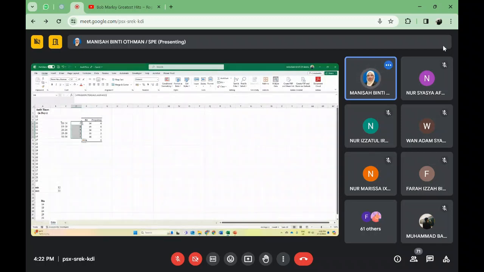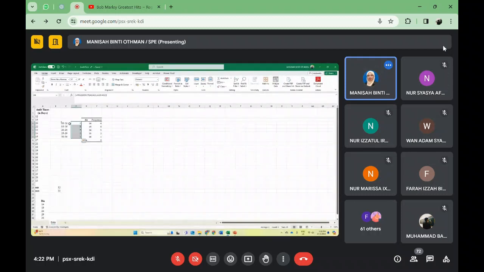it will read that any figures less than 14, they will calculate here 19 to more than 14. Okay, so it will calculate automatically. That's why you have to highlight the whole area, the whole column that you want to display the frequency, and you have to do it at the same time. Okay, you cannot do one by one. If you do one by one, then it will calculate